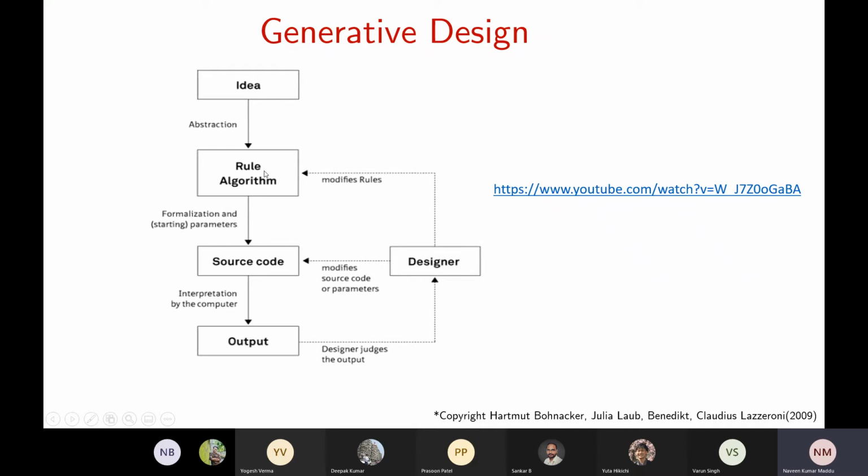Maybe it's not a chair, maybe it's some kind of seat where 4 people can sit together. So you can change your algorithm, or else you can change your source code, like the parameter ranges, and by tweaking these 2 things you can get an output, and if the designer is satisfied, then that would be the final object.